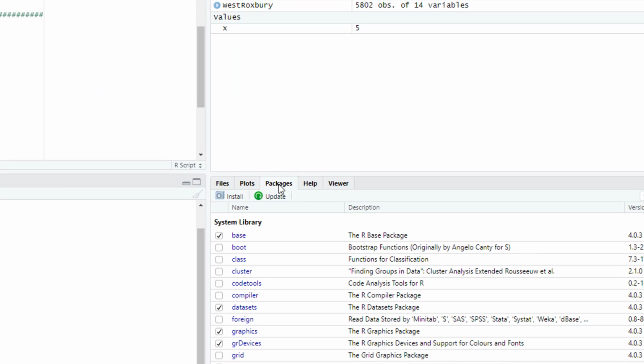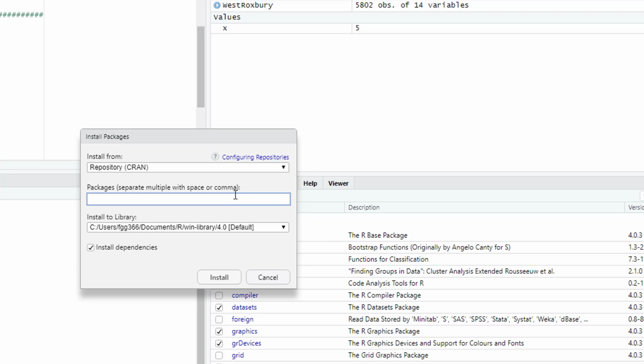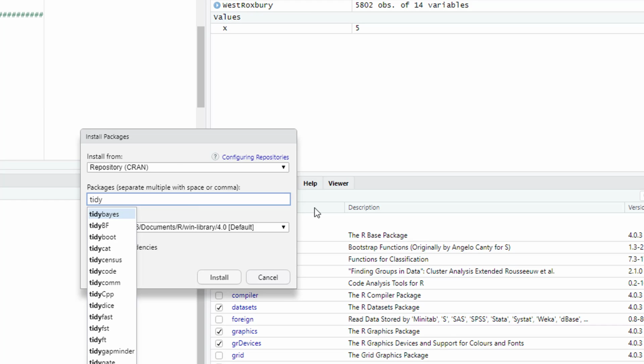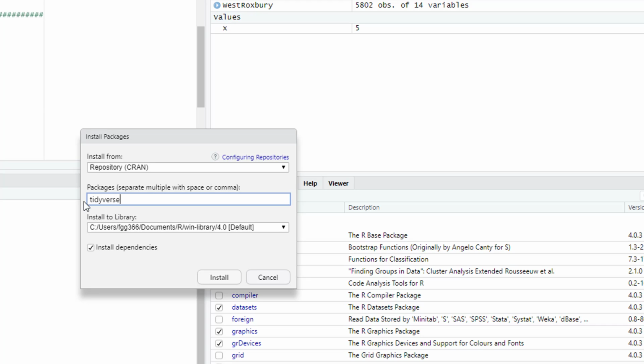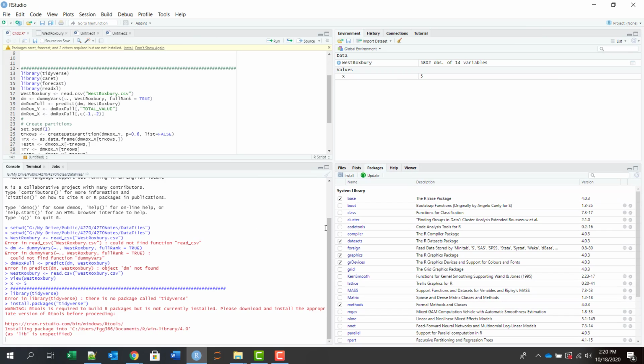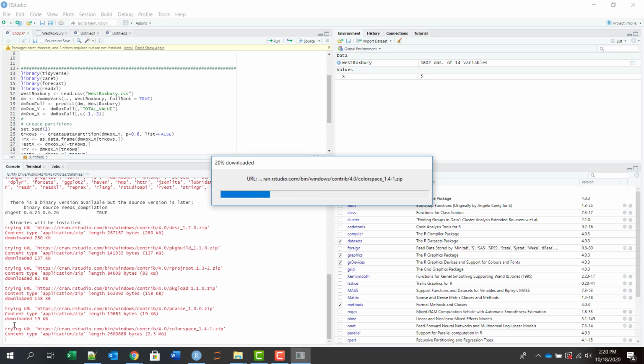So what I need to do is to go to that packages tab, click install, okay, then don't change anything else. Type in here tidyverse, and as you type, the possible list will get narrowed down, and then you will be able to select the one that you want. So now that I've selected, all I have to do is to click install,